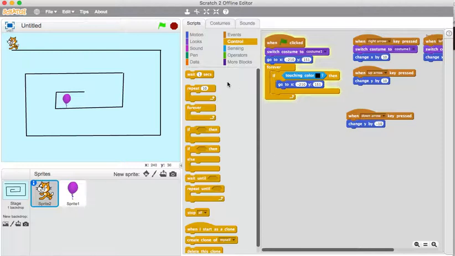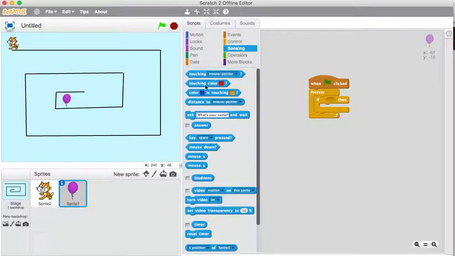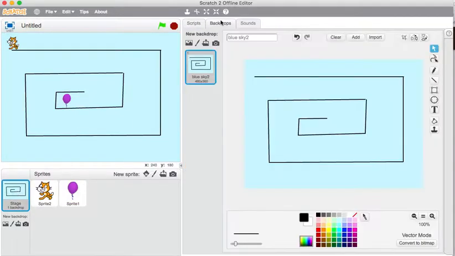What you can also do then is I could also say for the balloon, when the green flag is clicked, forever, if touching sprite 2, broadcast message 1. Now what that means is we can go back here, we can go back to our backdrop,